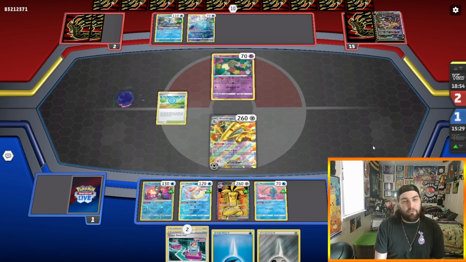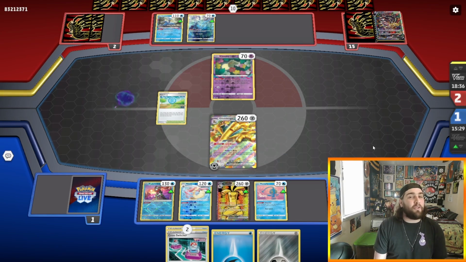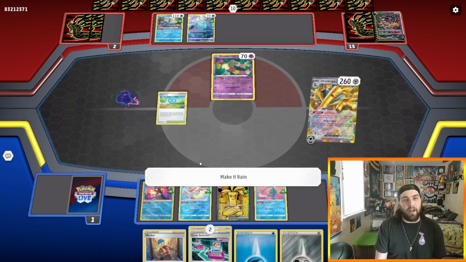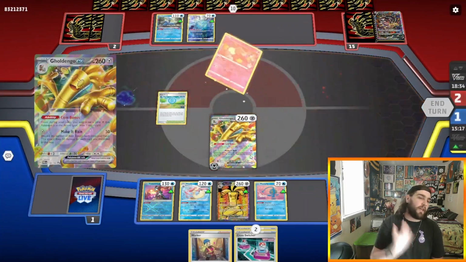So they're going to put up the Comfey here, and I think they're kind of realizing that they don't really have an out. The only out they have is a Giratina V, but I've KO'd 2 Giratina Vs, and if they put the other one in the Lost Zone, then they can't get it out. So they're actually just going to pass to us and kind of just be like, yep, you got it, buddy. So we're going to make it rain, discarding these 2 energies here for 200 damage on that Comfey to take